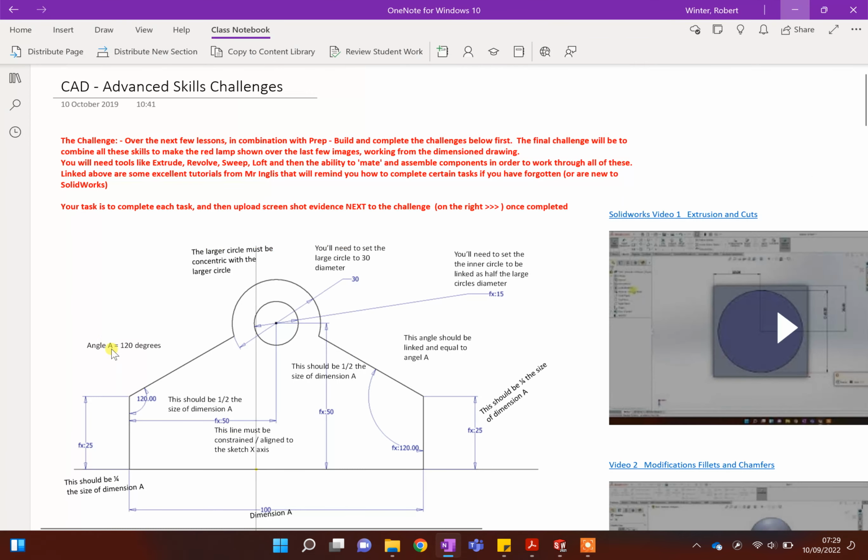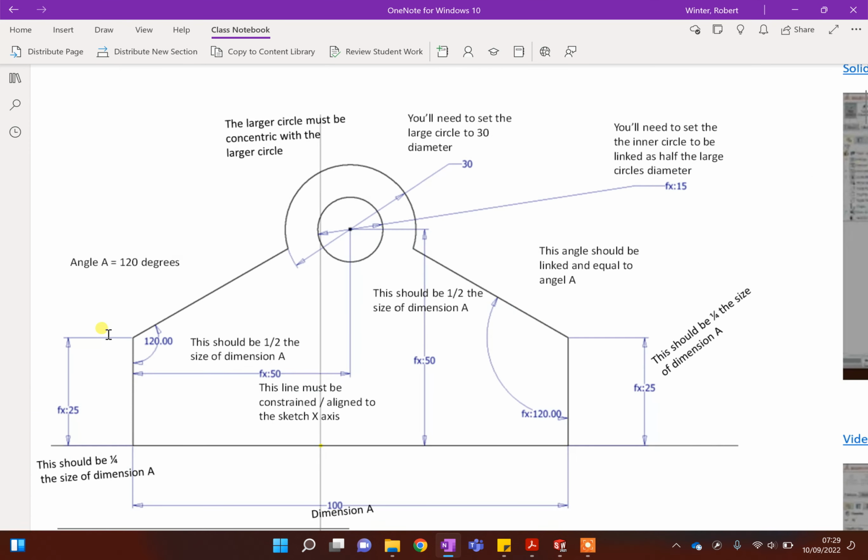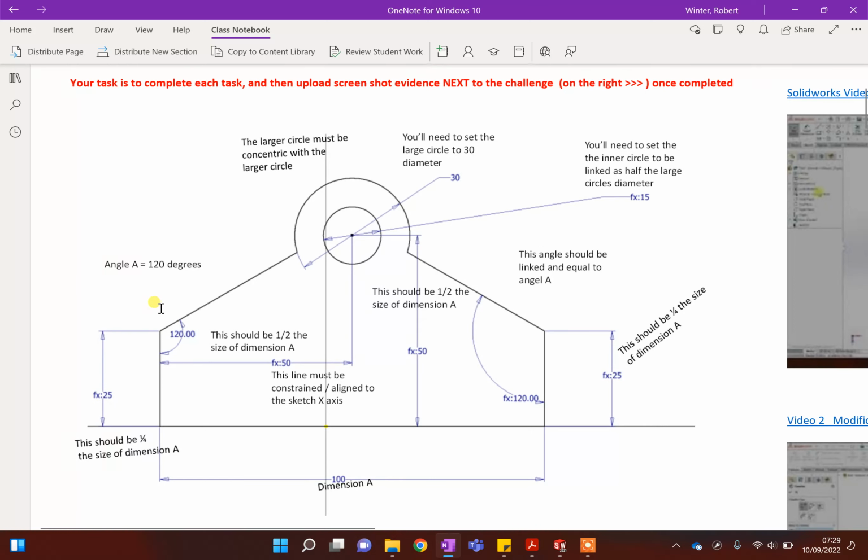Help you with this challenge here. Now, this video is not really about making anything impressive or clever. It's about learning some clever little shortcuts, if you like, that are going to help your 2D sketching not only be more accurate, but actually quicker, more reliable. And it's also helping you with something that you don't know yet, which is later on when you're working with